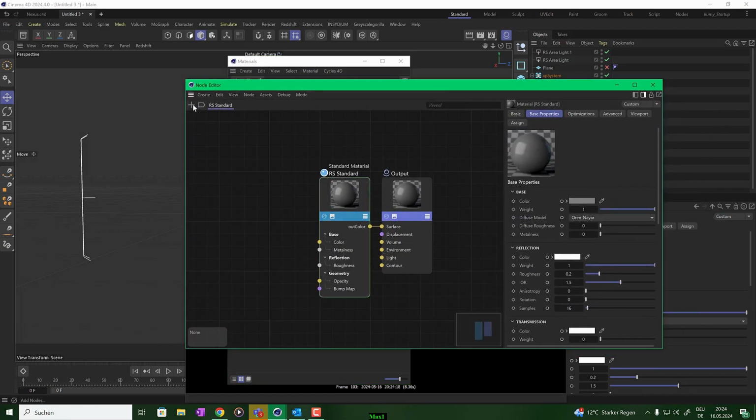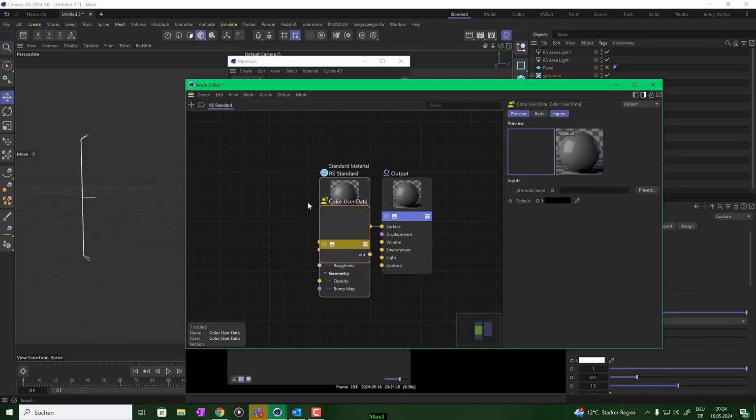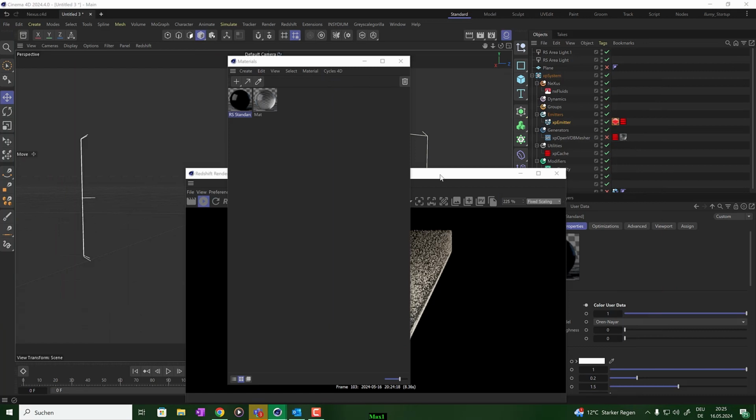And what we need is a node, and we need a custom color user data. So you put in data and you see color user data. This is what we need, this node. And in this node you have here the presets, and you can go to particles and particle color. Okay, and then you pipe this to showcase into the color, and then you see